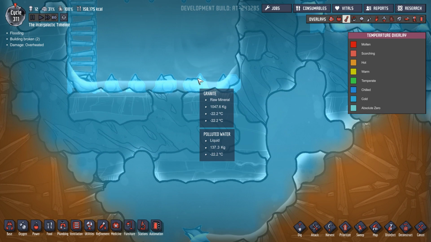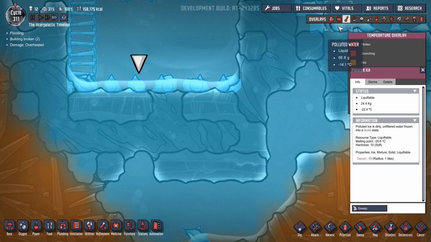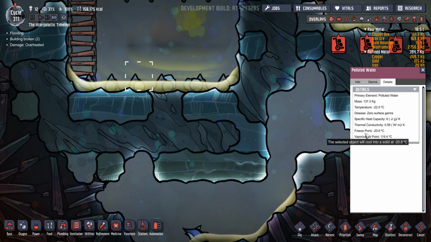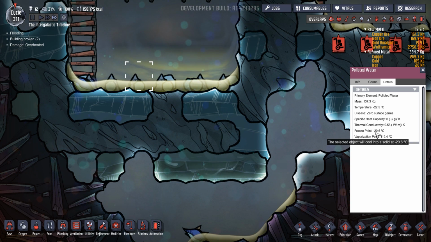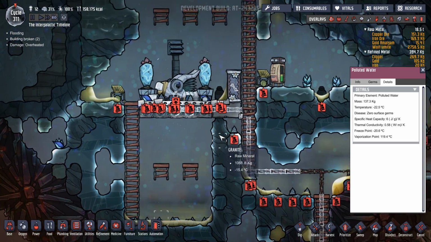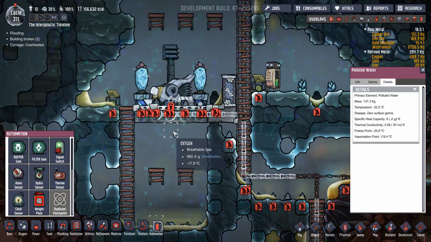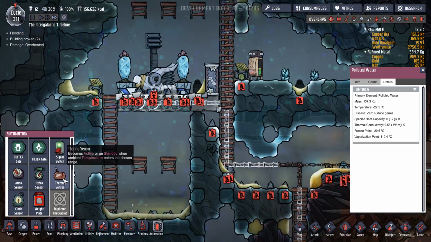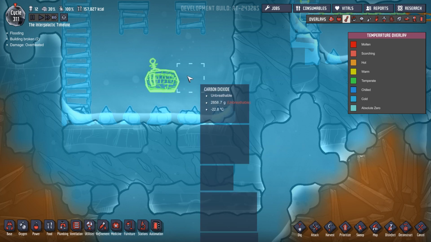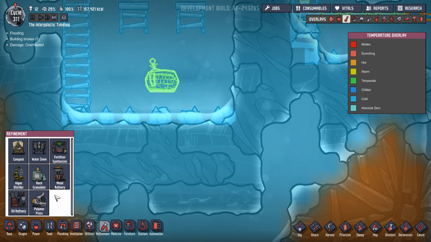It stopped freezing for some reason. It's minus 22, but the polluted water isn't freezing. I don't know why. Polluted water, temperature minus 22.5. Shouldn't that... freeze point minus 20, and it's at minus 22. So that is probably going to freeze at some point. Yeah, but we could do that. I mean, basically, that is the main thing. If this dirty water stops freezing, that is going to be a problem. So if we put a thermo sensor down here, what is the temperature there? It's minus 23. And then if it starts getting too hot...